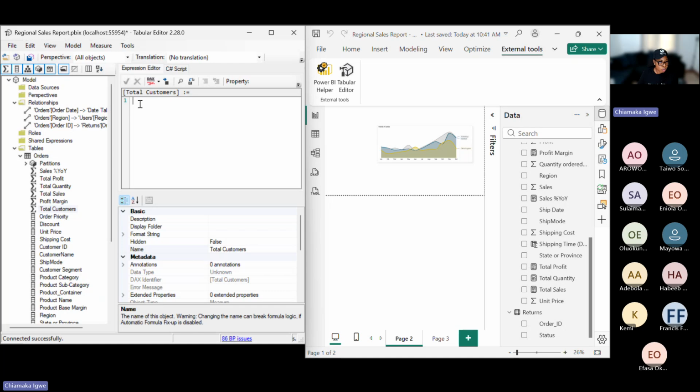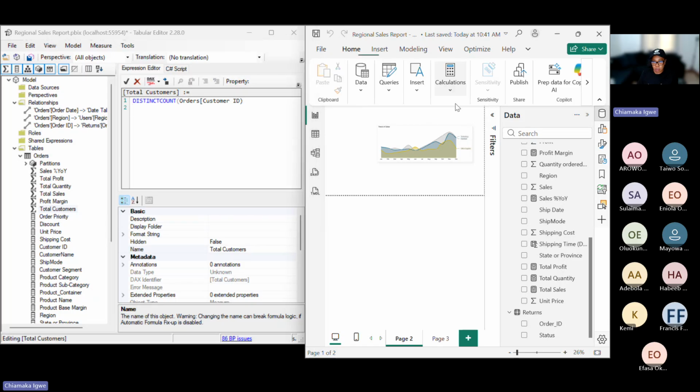You can see here is equal to, which is your normal distinct count. I want to just count the number of customer ID, the distinct count of it. So you can just start writing the way you do. Orders table. And customer ID. Click enter. Then in order to save this, for it to take effect on this particular model that I have open here,